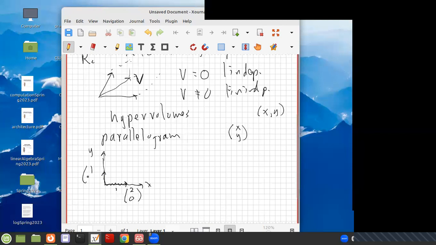So this one is 1, 0. So the parallelogram here would just be the rectangle, right? And so this has some area. Oh, maybe 0, 1. Yes, you're right. Sorry about that, this would be 0, 1, right? Okay, now this has some area, and let's ask, well, in general, this could